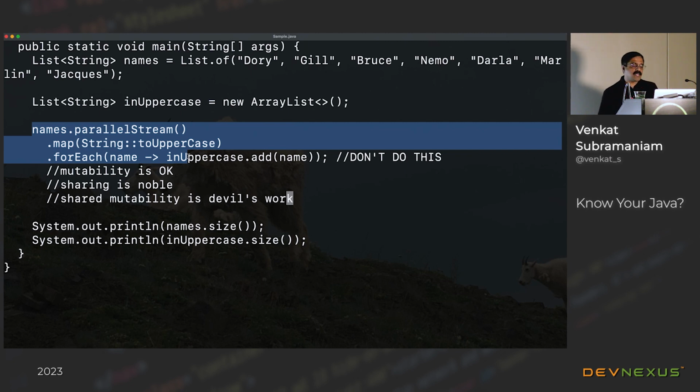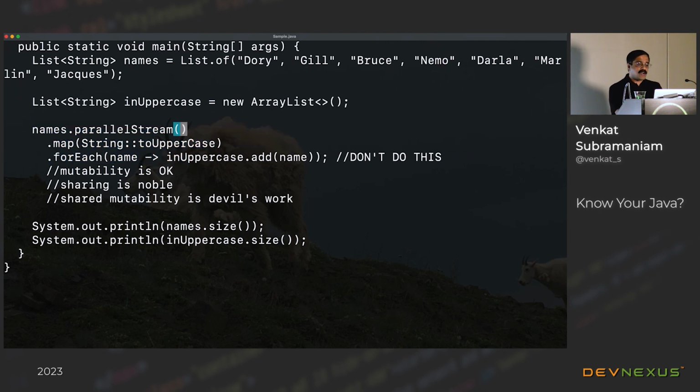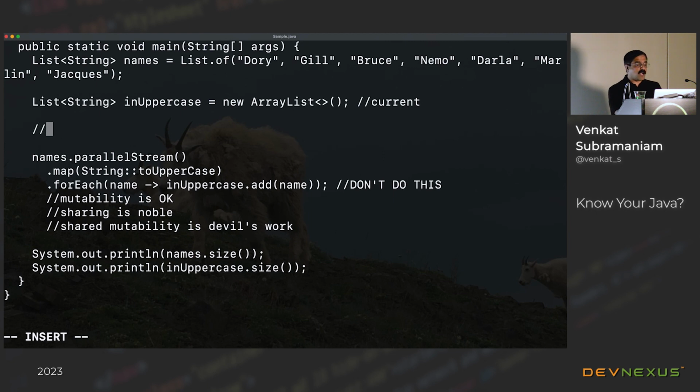When multiple threads are running, those threads are talking to a shared variable. Now, somebody asked me the other day, "Hey, I can fix the problem." And I said, how do you fix the problem? He said, "I will make this into a concurrent list." Now, that particular approach in software development is called hope. That's a good thing to have, right? But the problem really is that it completely defeats the purpose of doing this, right? Because now you are saying, look at this power of multi-threading, I don't want it. I'm going to slow them all down and I'm going to make it serialized.